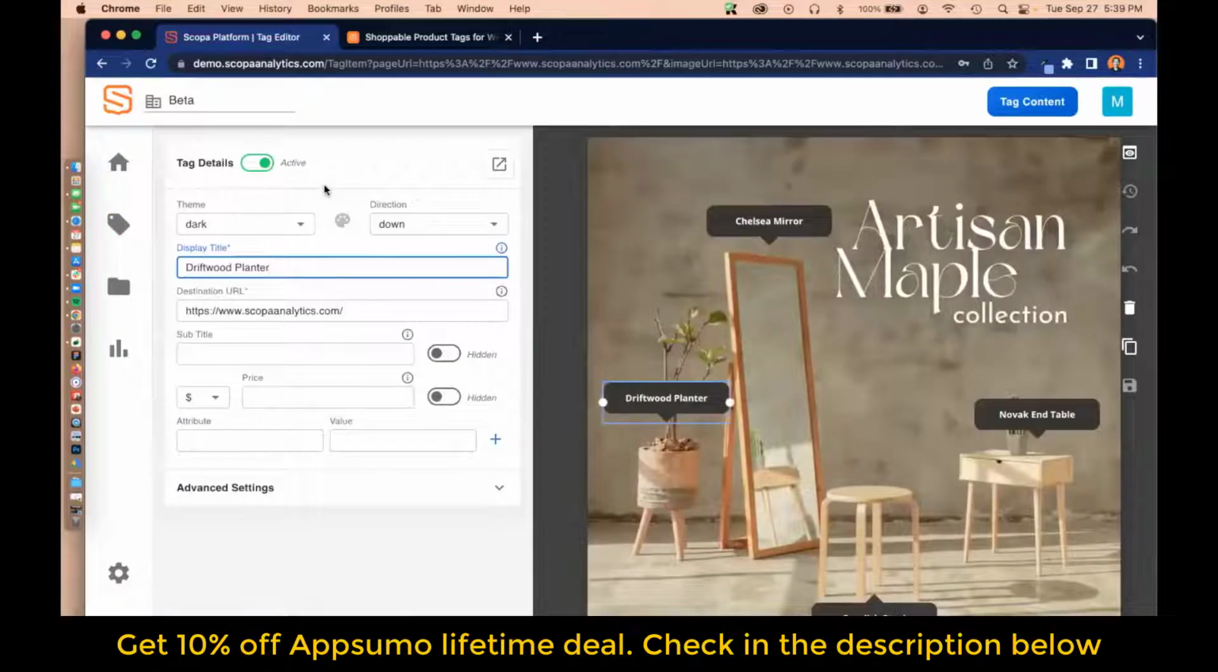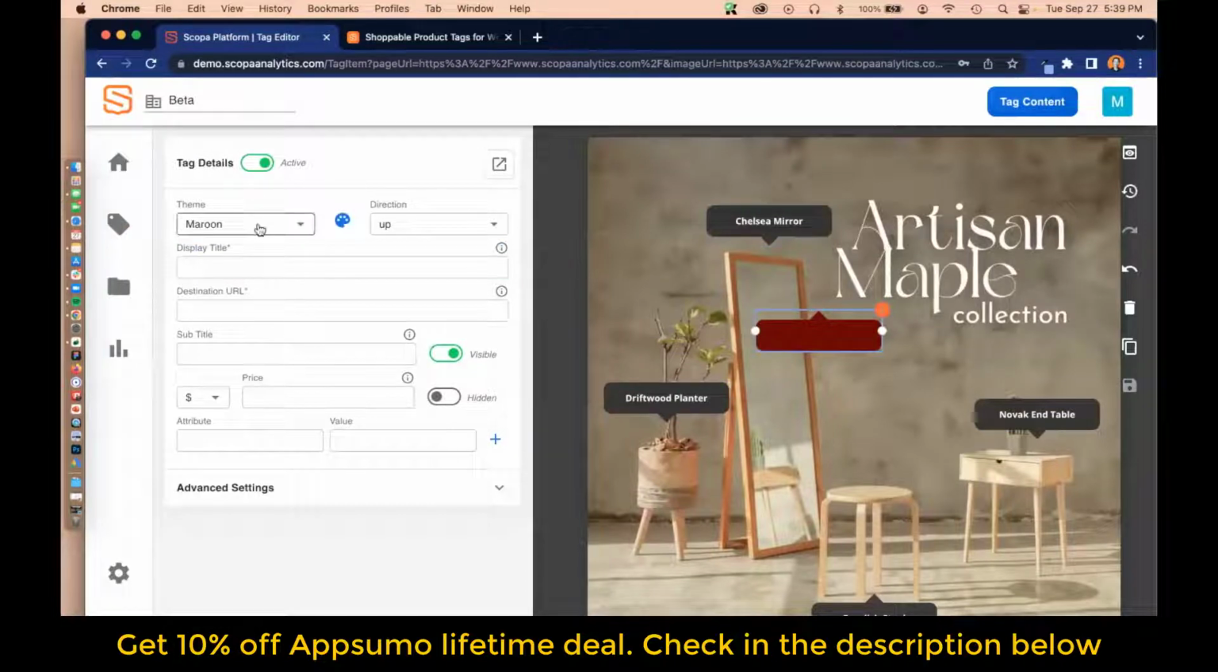So here, in this case, we grabbed the image from the page before. If we wanted to create a new tag, all we would have to do is click somewhere on the image and create a new tag. Here, right, you can change a theme to make sure it matches with the rest of the tags on the image or stands out, whatever you'd like to do. But for all intents and purposes, I'm going to go ahead and delete that for now, and let's just focus